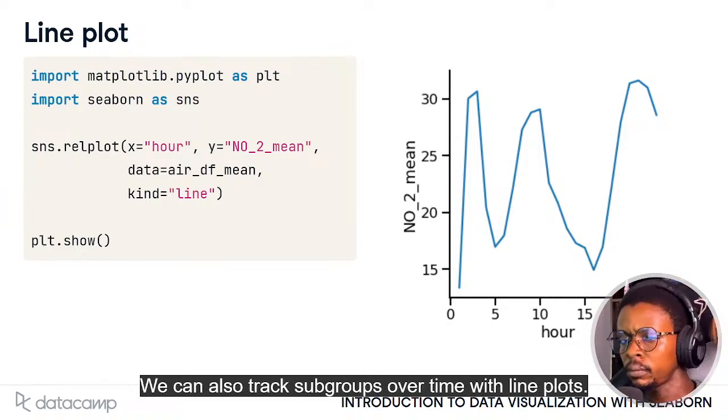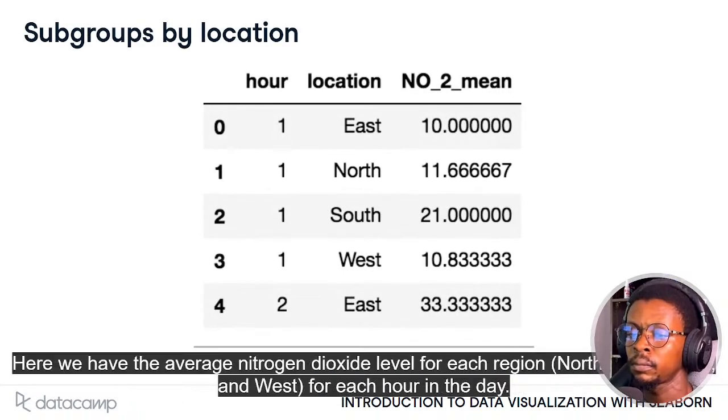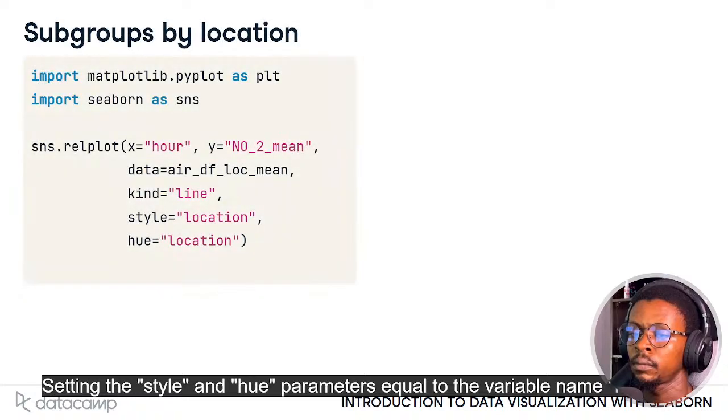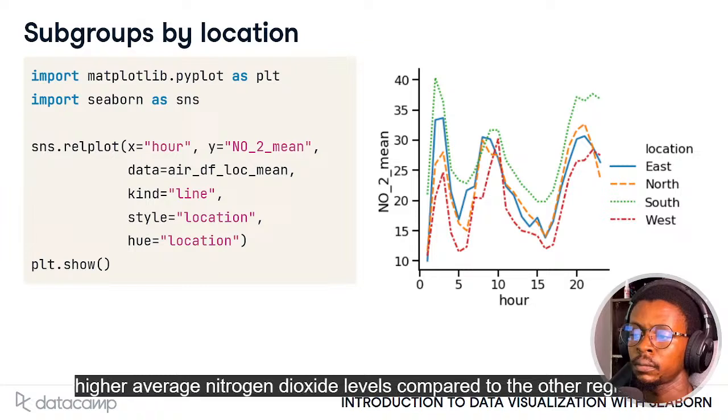We can also track subgroups over time with line plots. Here we have the average nitrogen dioxide level for each region, north, south, east, and west, for each hour in the day. Setting the style and hue parameters equal to the variable name location creates different lines for each region that vary in both line style and color. Here we can see that the South region tends to have slightly higher average nitrogen dioxide levels compared to the